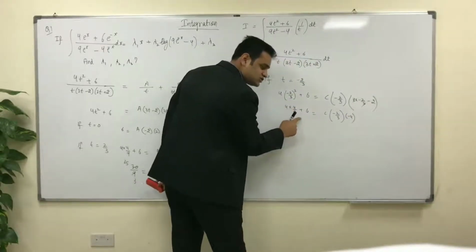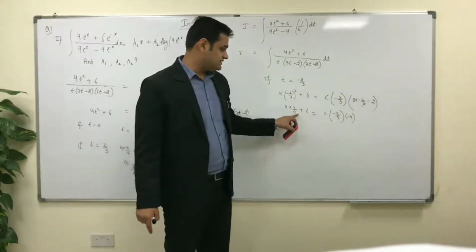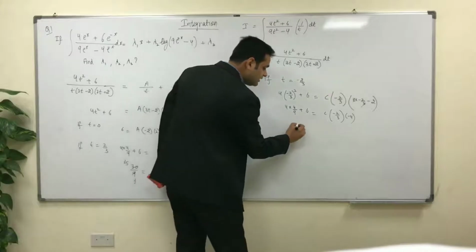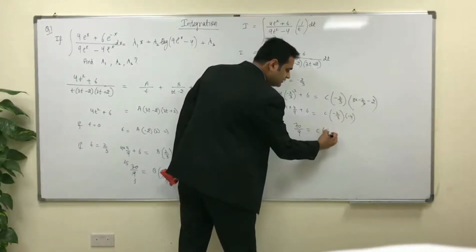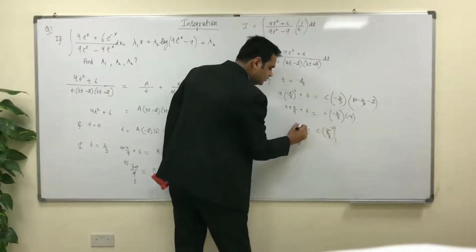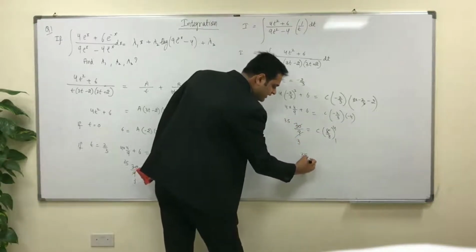So it will be again 16 plus 54, 9 6s are 54, 16 plus 54 will be 70, 70 by 9 equal to, it will be what? 8 by 3. So again, 3 ones are 3, threes are, 2 fours are 2, 35s are, 4 will come down, so it will be 35 by 12.